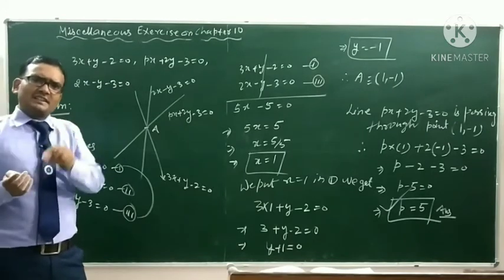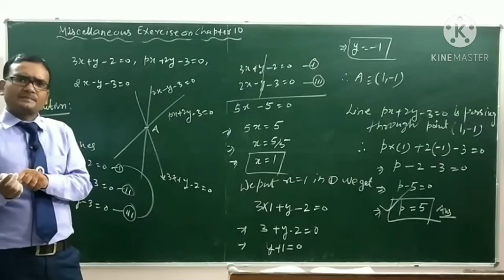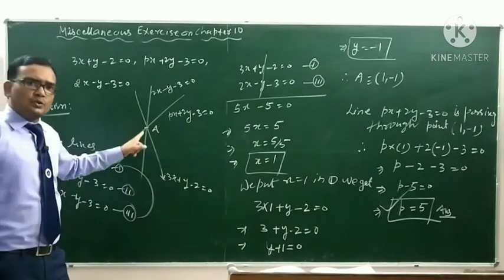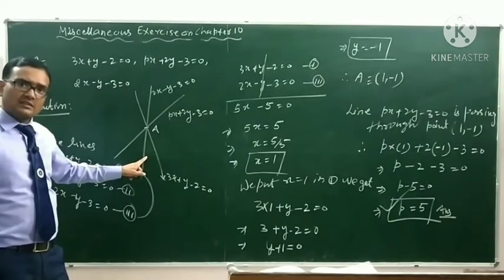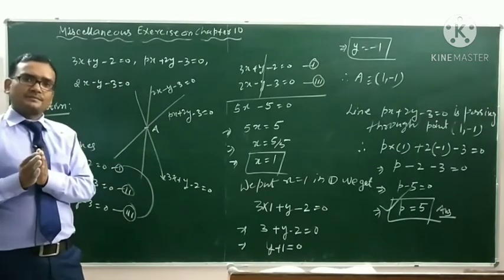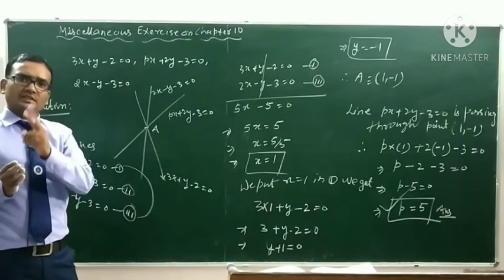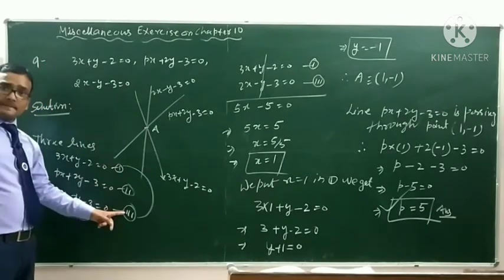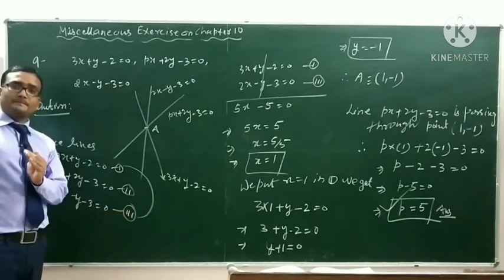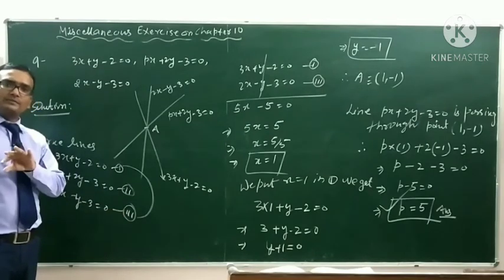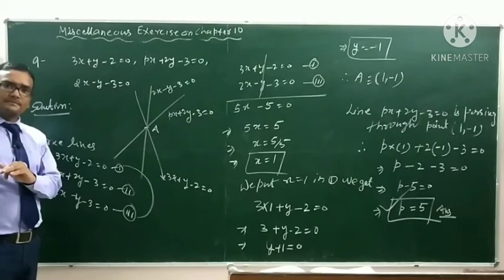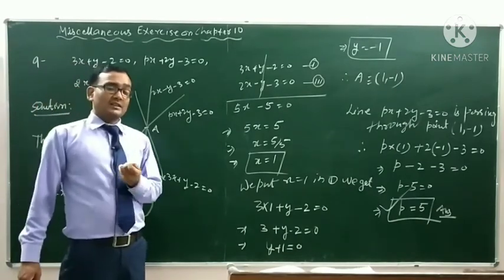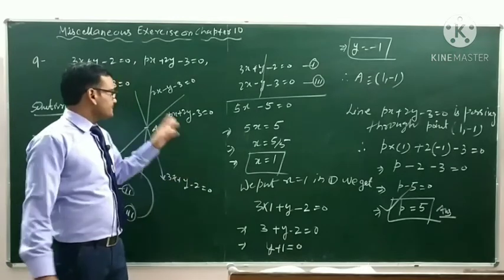If 3 lines intersect at a point, line 1, line 2, line 3, we can solve the first and third equations and find the value of x and y. We have found the value of x and y, that means the coordinates of point A,